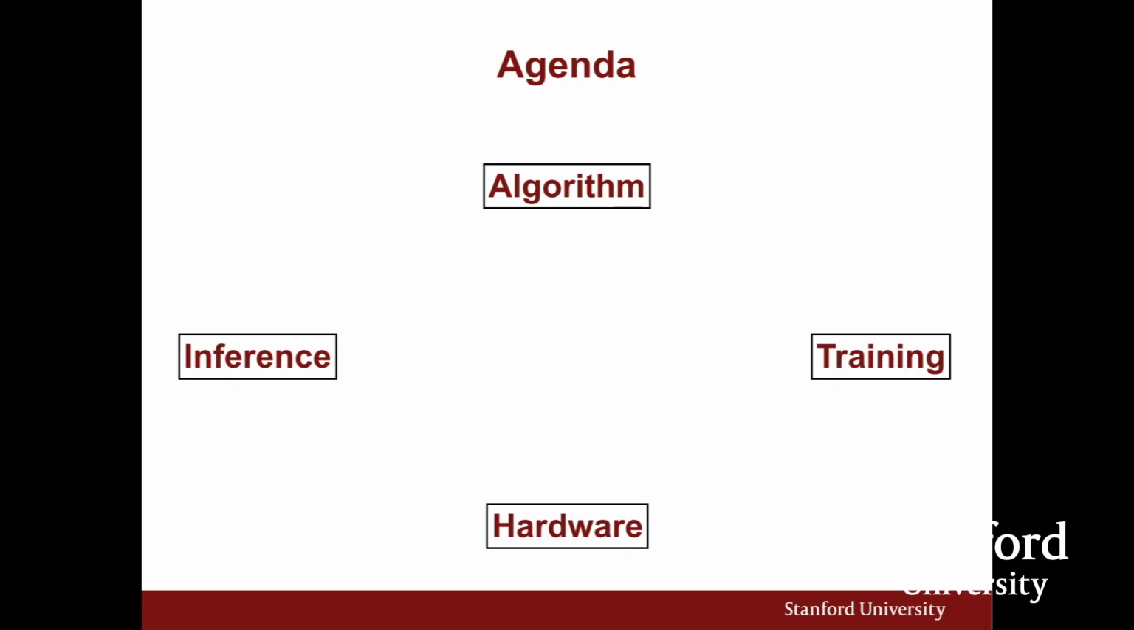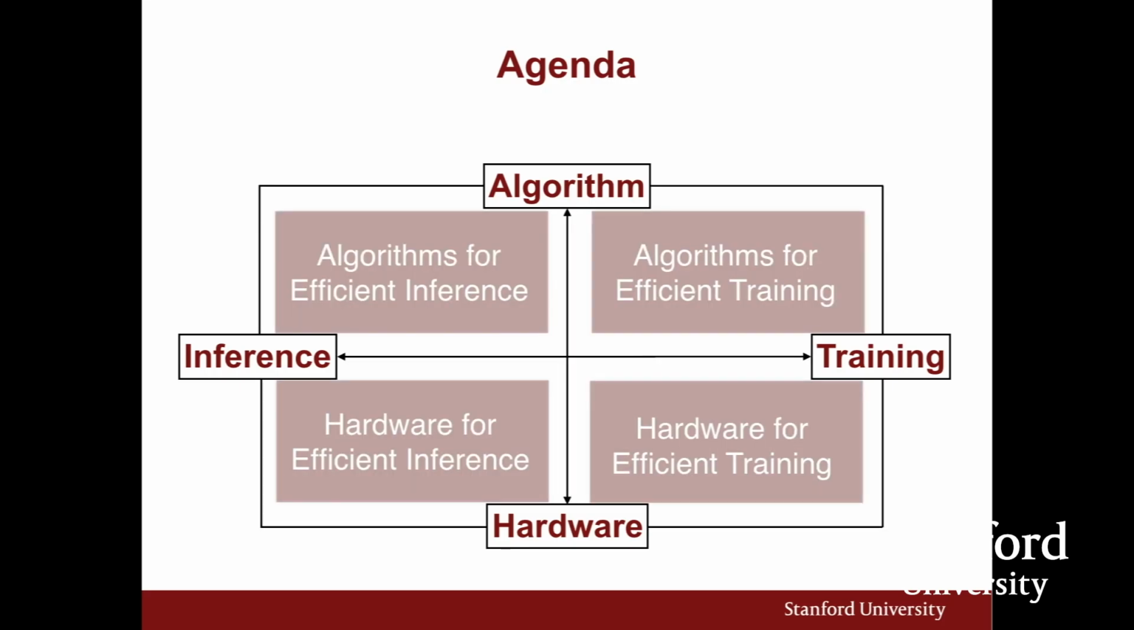So for today's talk, I'm going to have the following agenda. We are going to cover 4 aspects: algorithm and hardware, inference and training. They form a small 2x2 matrix. It includes algorithms for efficient inference, hardware for efficient inference, algorithms for efficient training, and lastly, hardware for efficient training. For example, I'm going to cover the TPU, and I'm going to cover the Volta. But before